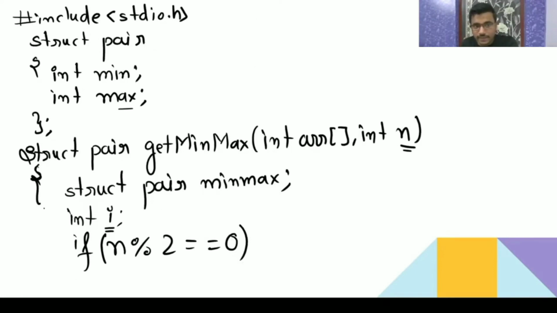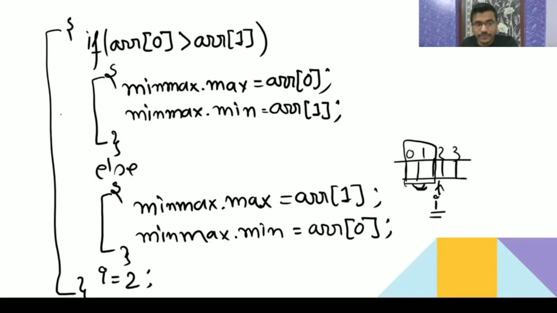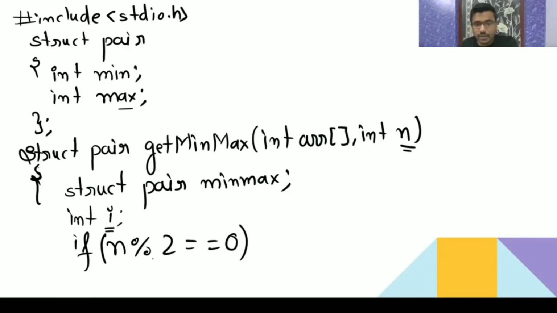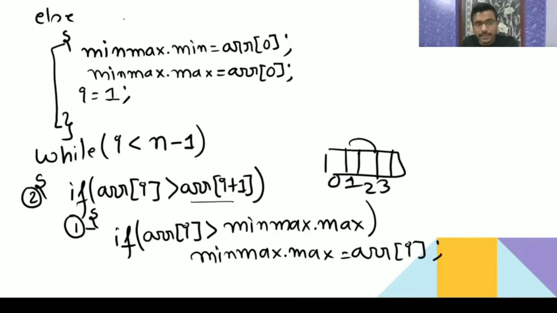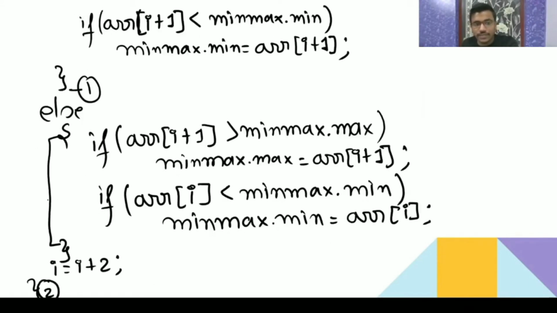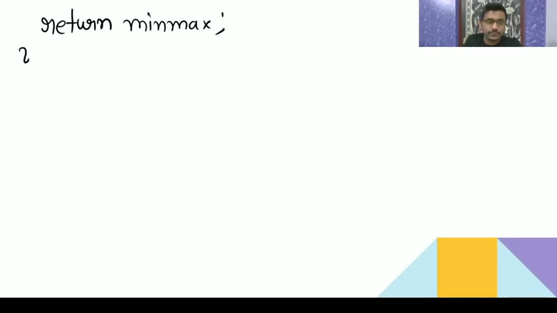See, this is not closed yet. See, this is closed. If n is odd, sorry, if n is even, I have initialized maximum and minimum. The else part I have done. Now I have executed the loop. So this while also I have finished. And after execution I am going to return min max. Is it clear? So I have written min max. If you want, I can show you with the example.